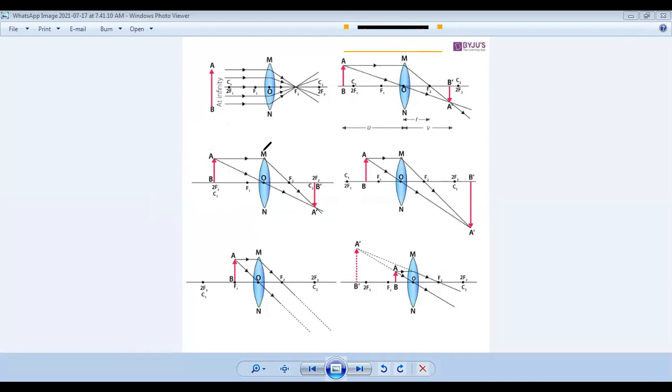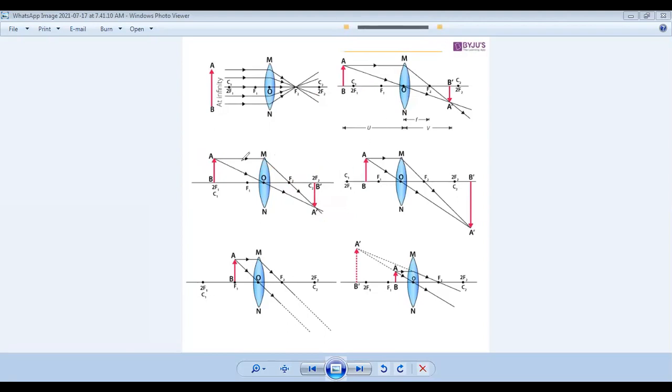And compare the ray diagrams, guys. Same: one ray going parallel to the principal axis, passing through the focal point, and the second ray passing through the center of curvature. And I got the image inverted, real, and this time same size, at 2f2, that is at the center of curvature of the second side, C2.